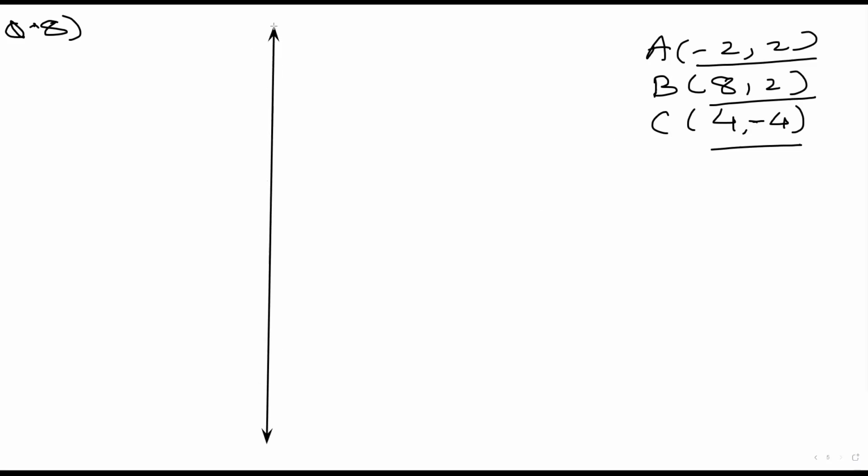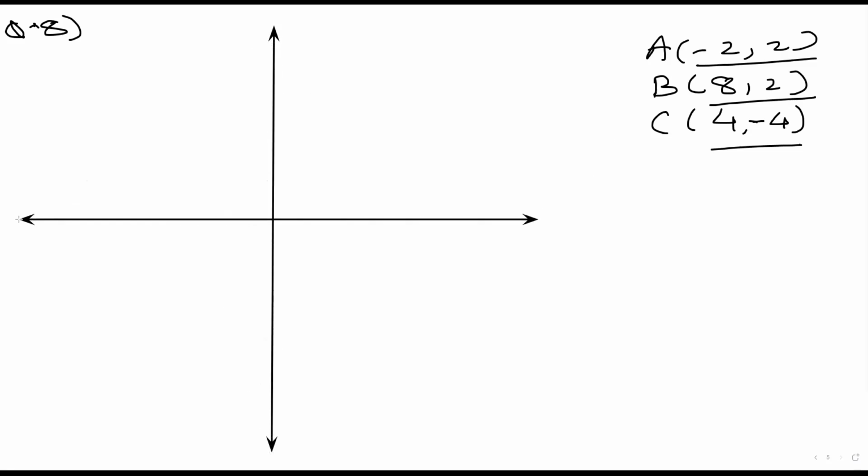So you have to draw all the quadrants. We are not sure where it will lie, so don't worry. Draw the axis in the middle if possible. So x-axis, y-axis. This is the origin. X dash, y dash. Right. So where will be A? A will be minus 2 comma 2. So A will be here, right? This is A, right? Yes, sir. Minus 2 comma 2. Great.